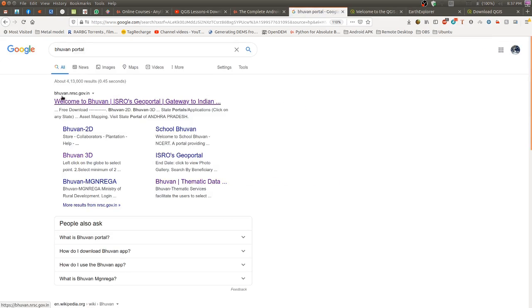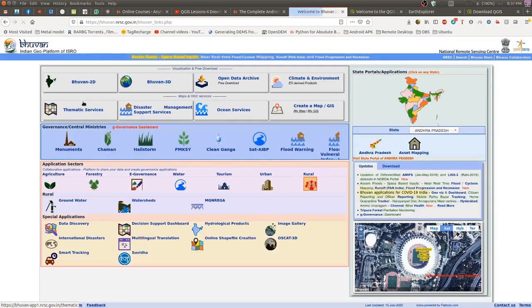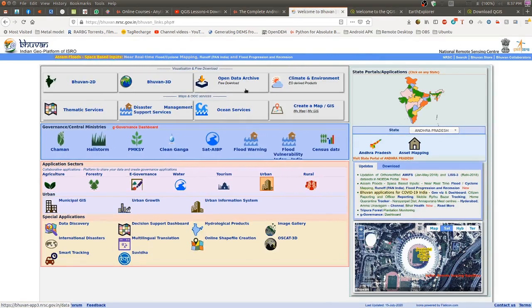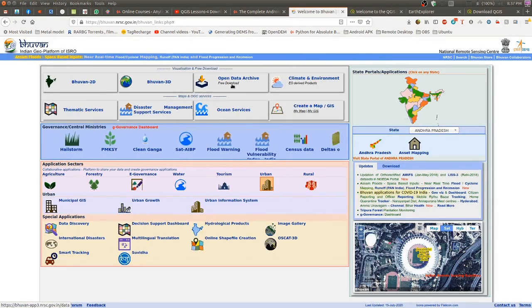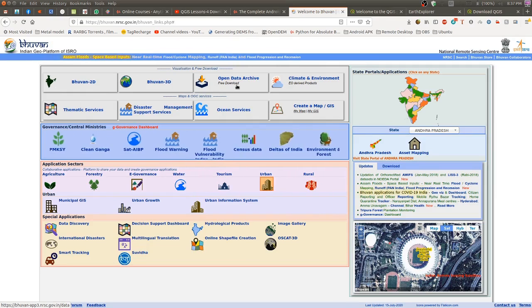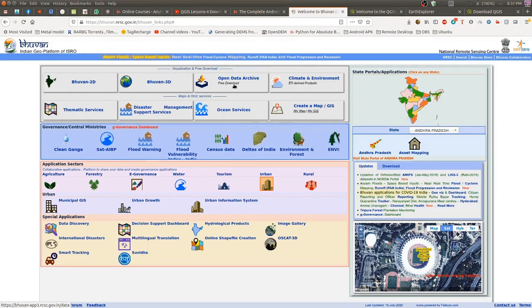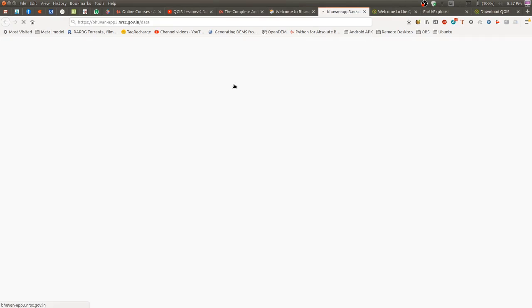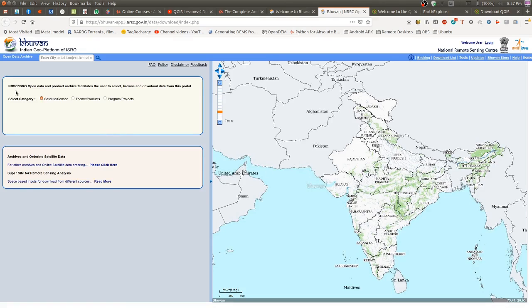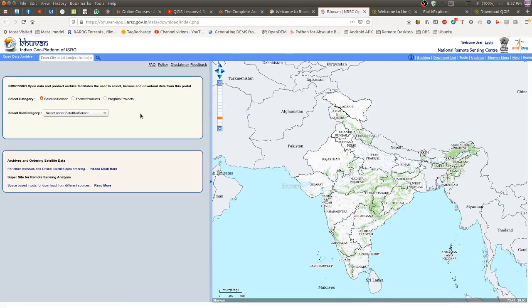This is bhuvan.nrsc.gov.in. Click on this. You will be taken to this window, and here this is an open data archive. There are freely downloadable imageries in this. You go to this site, and you will be presented with a map and the different categories.